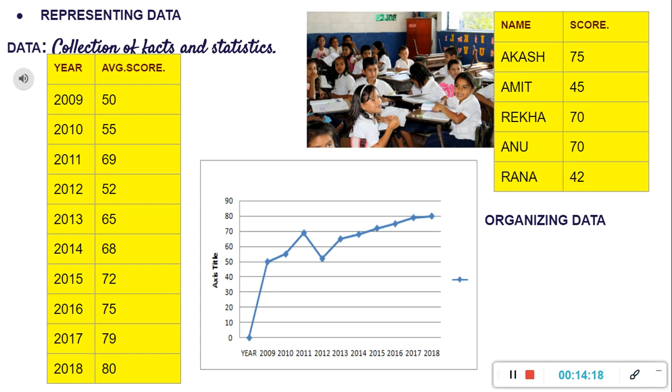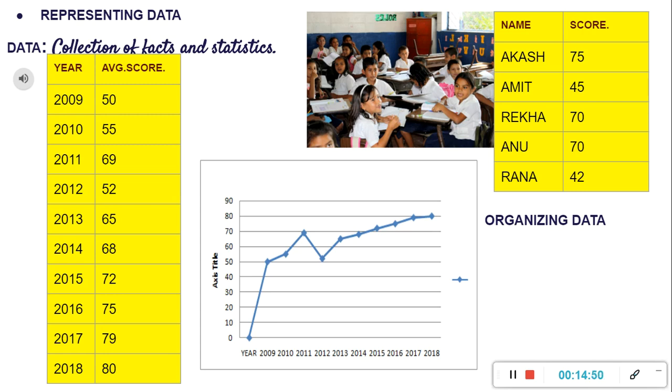So we try to organize the data in such a way that it is more readable. It becomes more understandable. Now I will give you a small example. Now this table can also be organized like this. Instead of having some hundreds, 200 scores, telling the score of each student, we can also organize this data in this way,